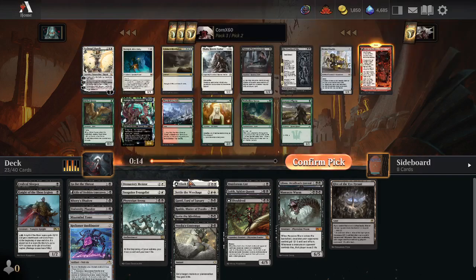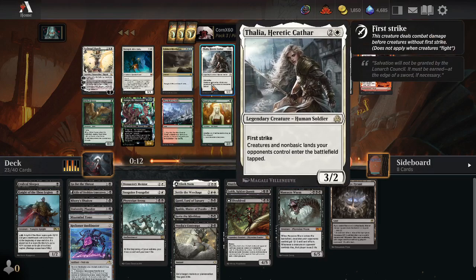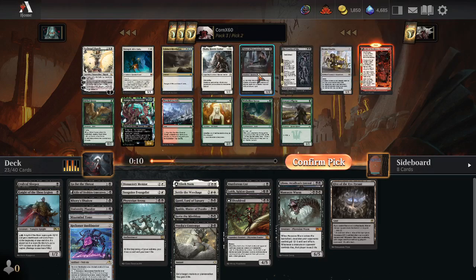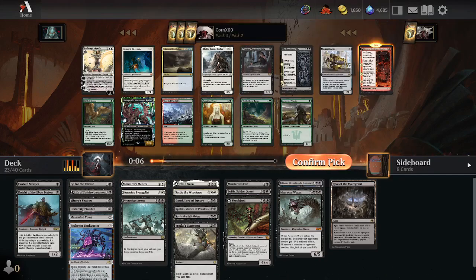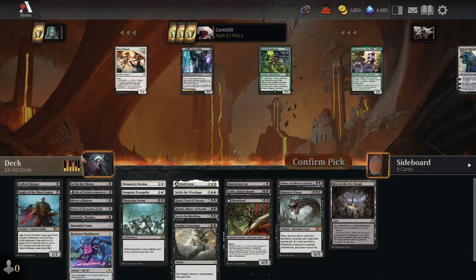Actually, Elspeth is not that good in this deck. Thalia might be better. The Priest is meh. I have to sacrifice 2 creatures, and I don't have enough creatures to make that good. Actually, with Lolth, that's pretty good, but...